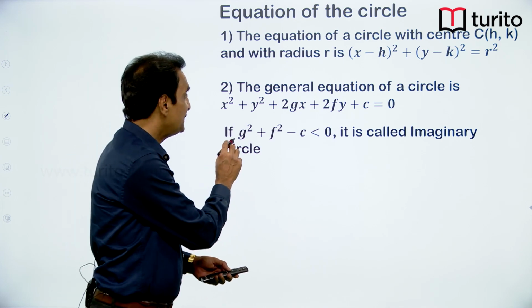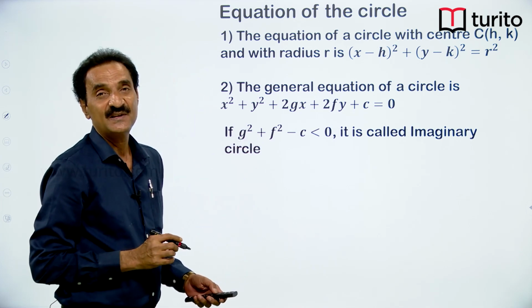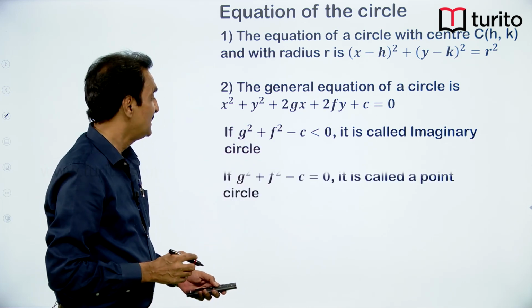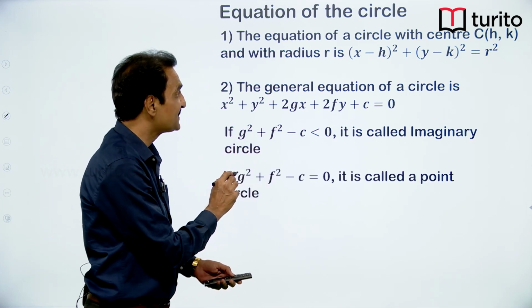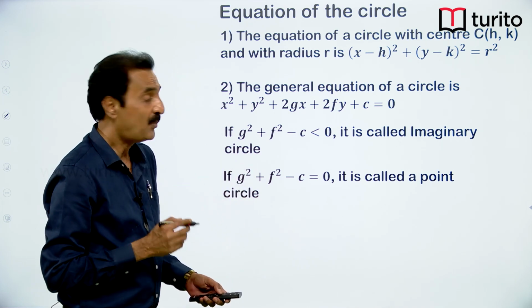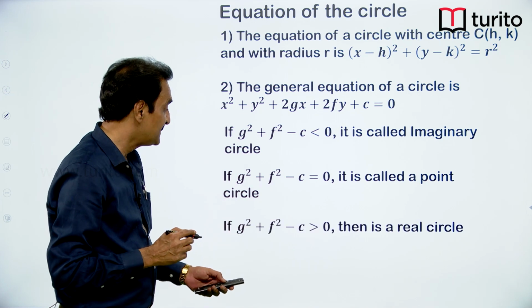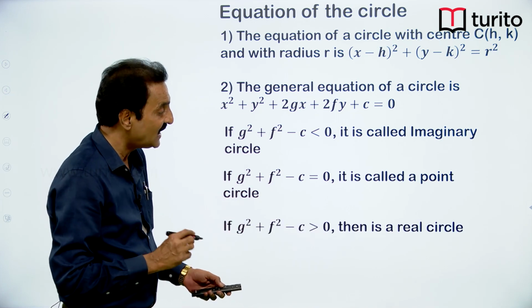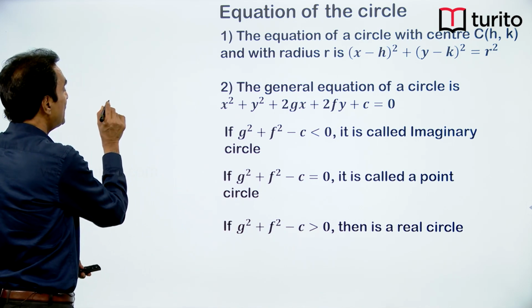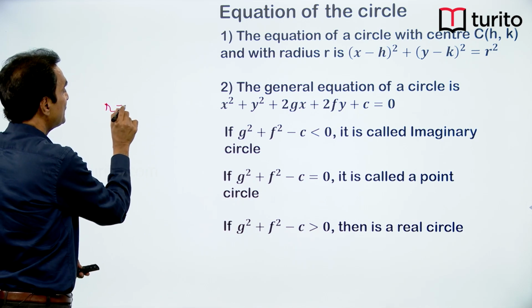If g square plus f square minus c is negative, it is called an imaginary circle. If g square plus f square minus c is equal to 0, it is called a point circle. If g square plus f square minus c is greater than 0, it is a real circle, because the radius of the circle R is the square root of